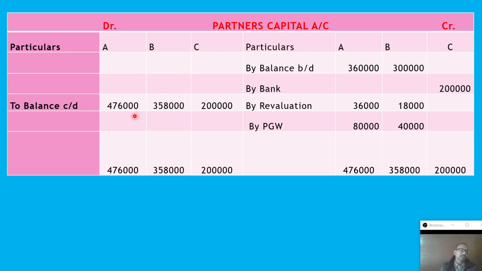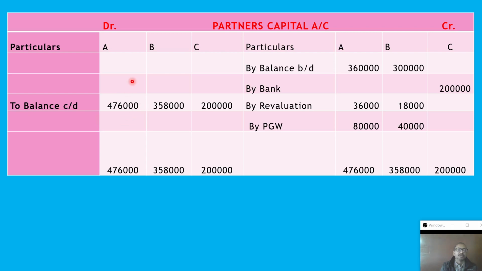So here it is the admission chapter. Therefore at the time of admission of C, these are the capital balances. C contributed 2 lakh, so his capital will be only 2 lakh because this is the date of contribution. But if you go after 1 year and prepare the partners' capital account again, at that time it will change. Here at the beginning of the year we can see A's capital 3,60,000, B's 3 lakh. Like at the time of C's admission, during the time gap, some profit arises and goodwill value is also transferred. In that way, their capital increases.